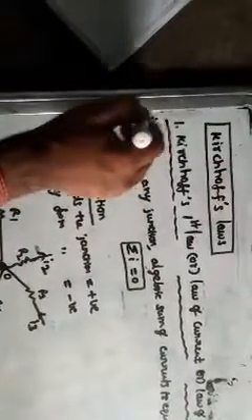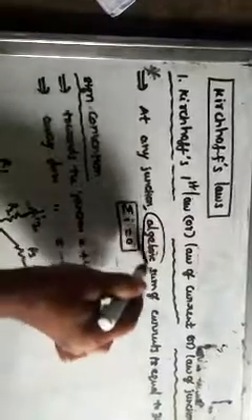So coming to the statement: algebraic sum of currents at any junction is equal to 0. Sigma I is equal to 0. Remember, in physics anywhere this type of algebraic term is coming, that means some positive and negative terms are there, it is called algebraic sum. Sigma I is equal to 0.